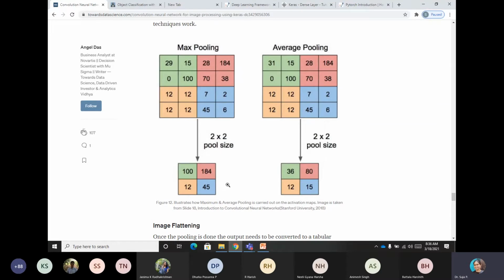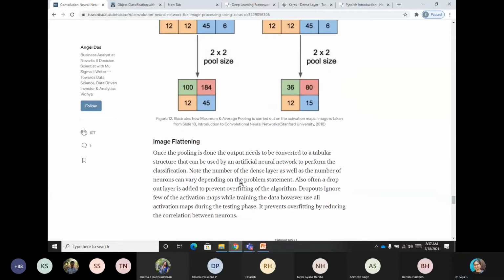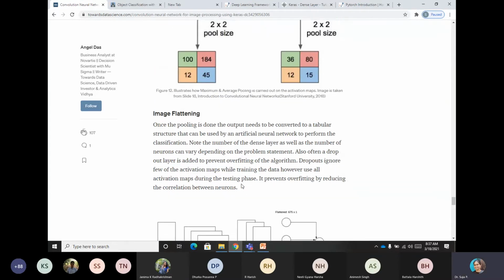So a downsampling happens. If your image is of size 512 by 512, then it reduces to 256 cross 256. In one more level, it becomes the next level, so half of 256 cross 256 will happen. So that is how it goes on.